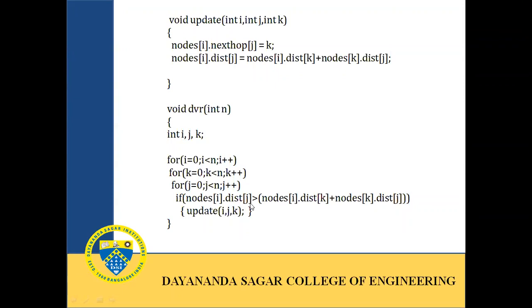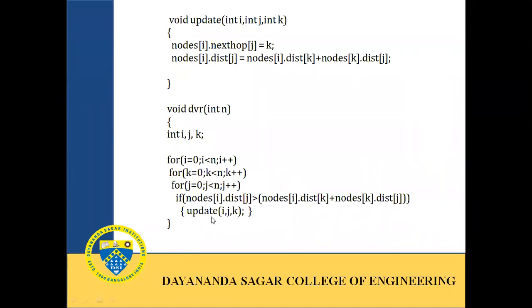Now, suppose we have multiple paths. Say we can reach this j destination using some other node, say a k node. So what is the cost? You can reach from I to j using a k node. So what will be the cost now? I to k, then k to j. So add these two distances. That will be the distance involved in traveling from I to k and k to j. And if this value is lesser than the current value, then we're going to update the new shortest path.